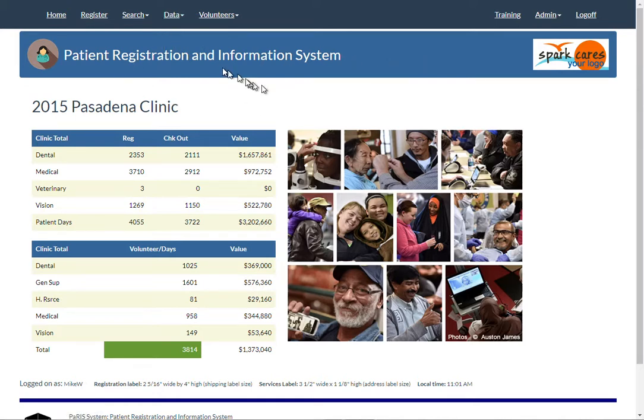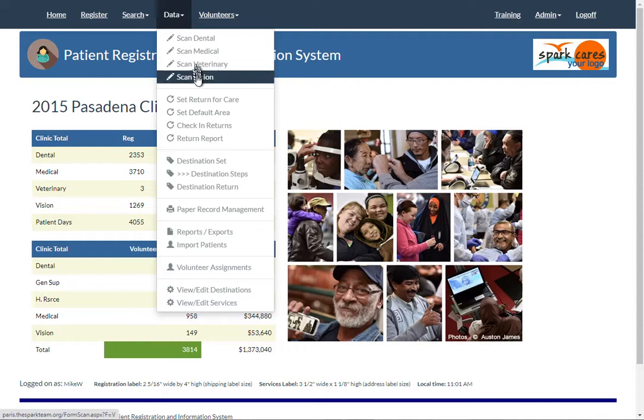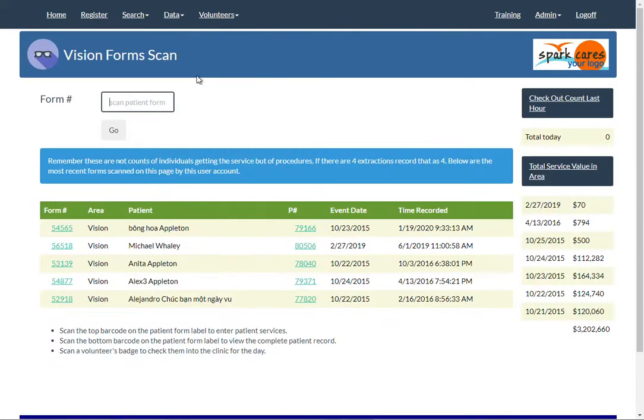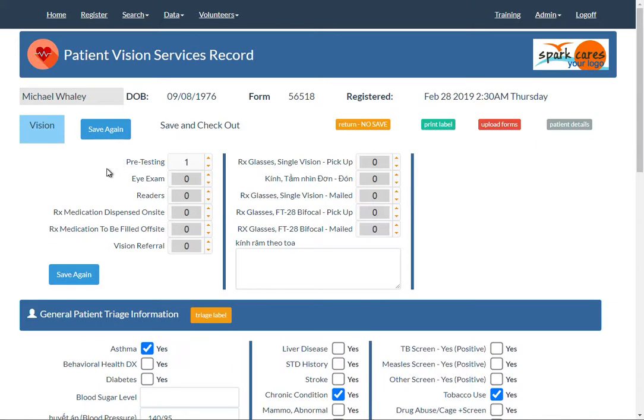They'll see a screen that looks pretty much like this, except it'll be Care Harbor's version. They're going to click on data. Let's say they're going to enter the vision data. And then they will just enter the form number. Let's say F56518. They can also cut and paste it from the spreadsheet if they wanted to do that, but that's pretty quick. They'll click that, and you've got the